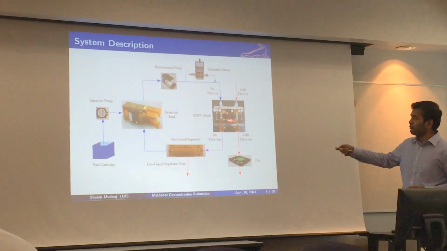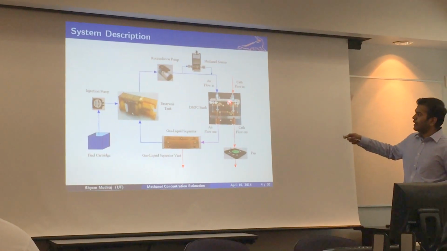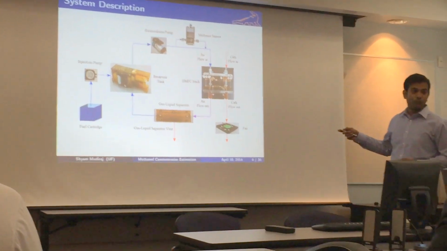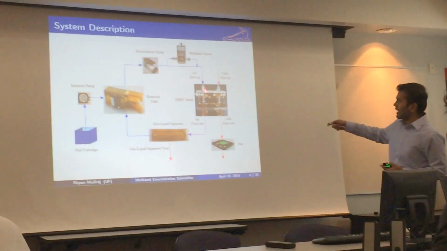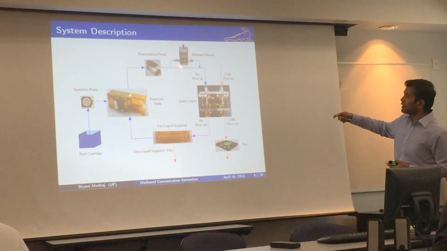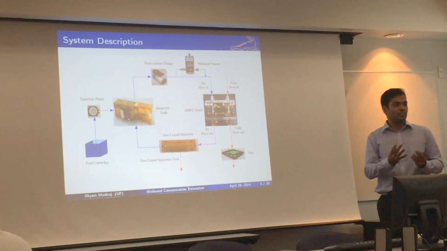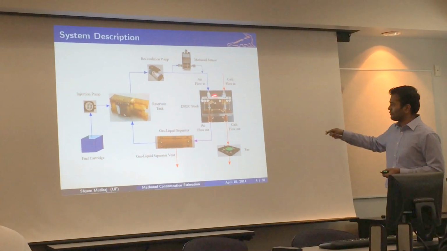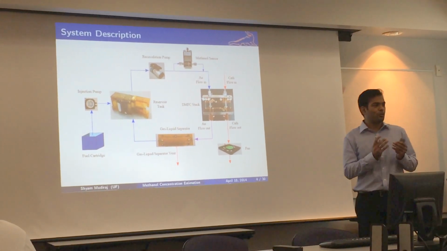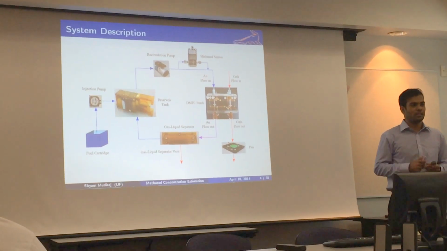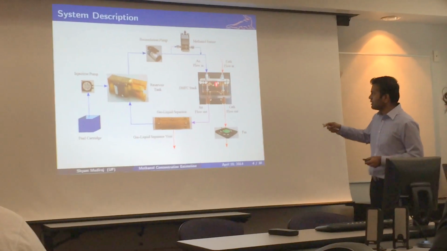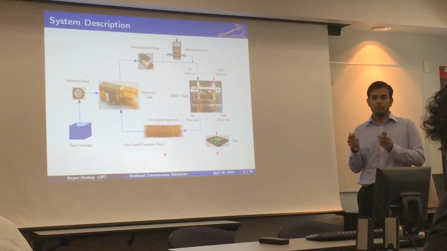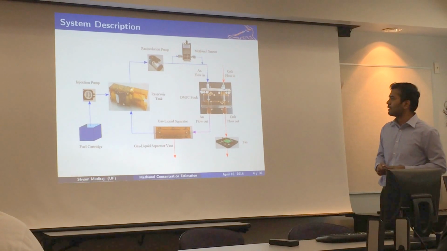So here is the direct methanol fuel cell. In fact, there are 40 of them that are stacked together on top of each other. And methanol, which is one of our reactants, enters the stack through the anode side. And there is a methanol sensor which provides a continuous measurement of the concentration of the inlet fuel. Now, once this methanol enters the fuel cell, it participates in an electrochemical reaction to produce electrons. And the two contact points here can be used to collect this current and supply it to power a laptop or any portable device.